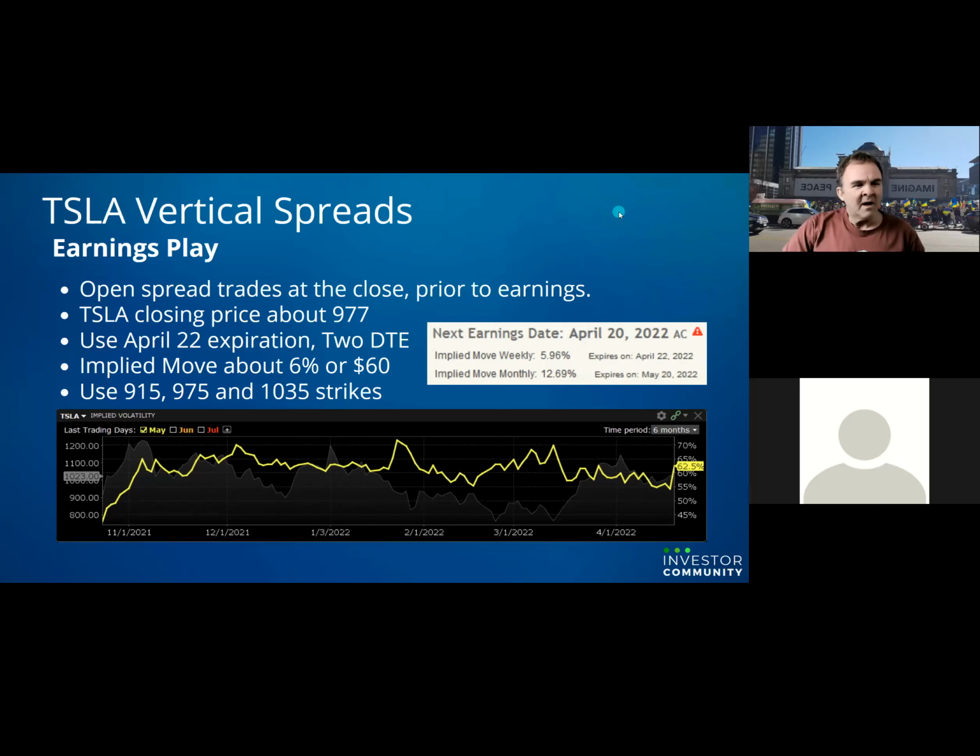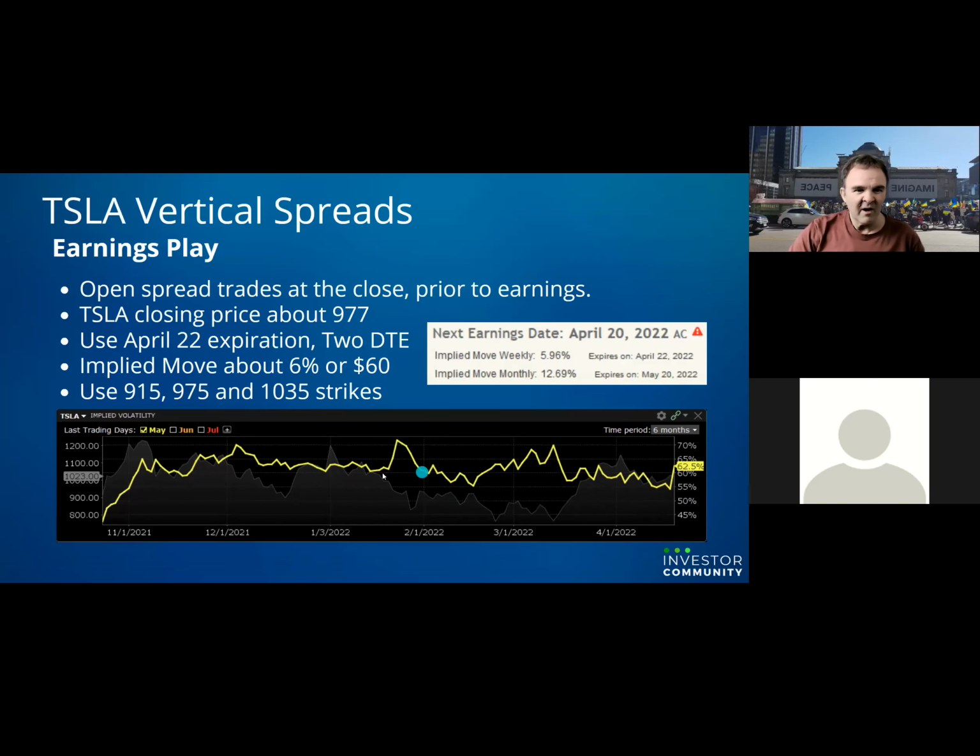Okay, so this is the implied volatility on Tesla for the last 6 months. Now, this is a little unusual because normally we see implied volatility run up in the couple of weeks before earnings. And we can see that implied volatility didn't really start to move up until a couple of days ago. That's really odd, but you can see it did go up. It went from about 53% up to about 62.5%. So we did see a rise in implied volatility,